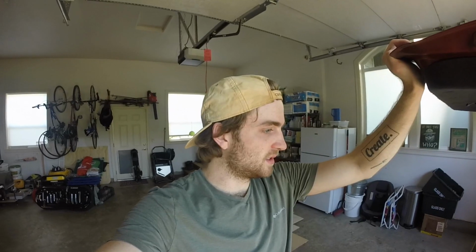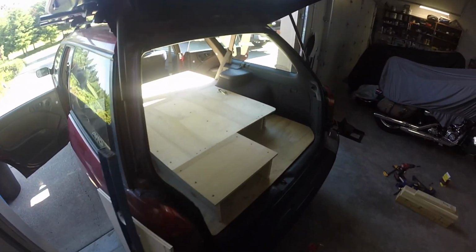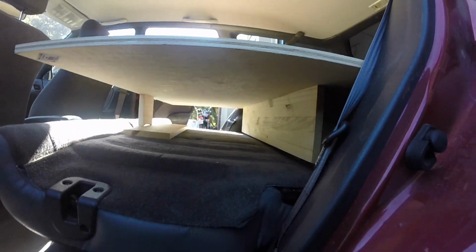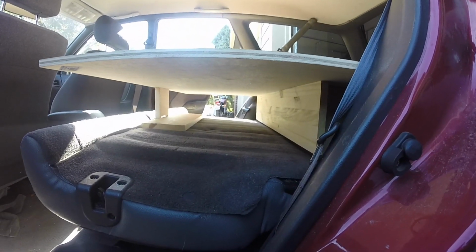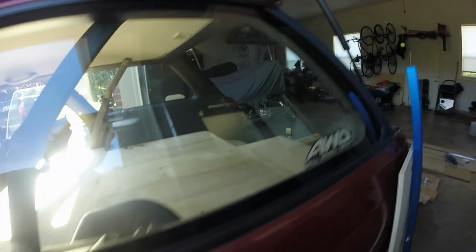This is, I just realized, the first look at what the full thing looks like collapsed. This will be its smallest state while we're traveling. So it's kind of exciting. I wanted to let you guys take a look at that. So this is travel mode essentially. And we should have a little bit of storage underneath here to throw pillows, bedding, and stuff like that. Storage on top, obviously, and then